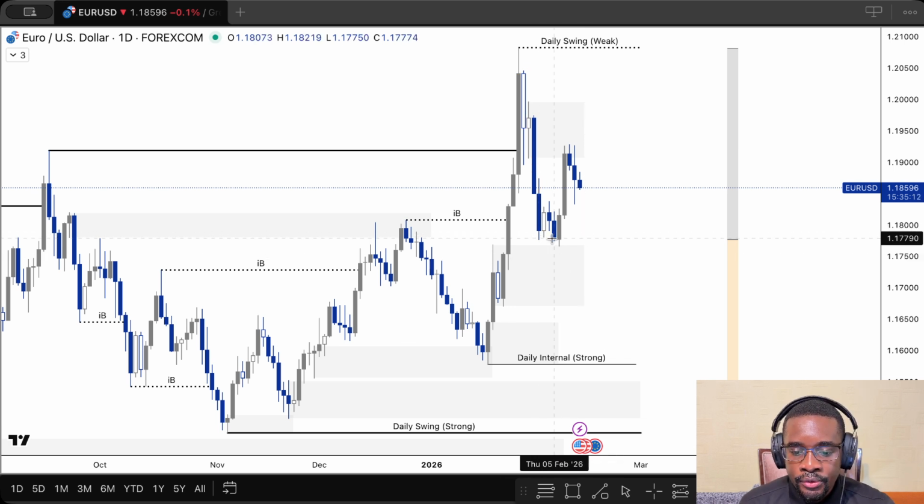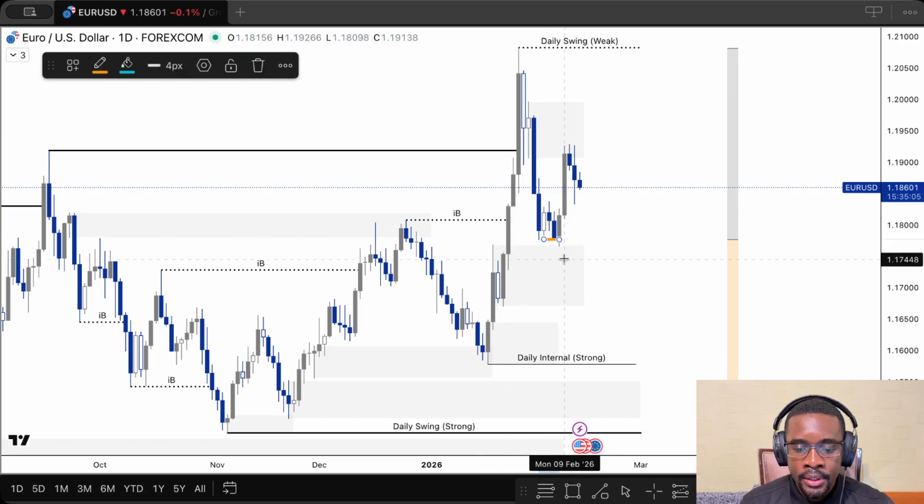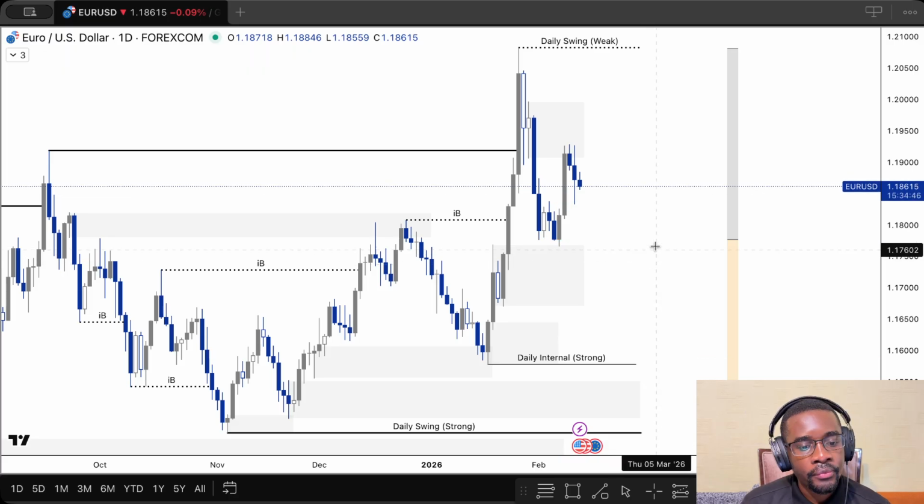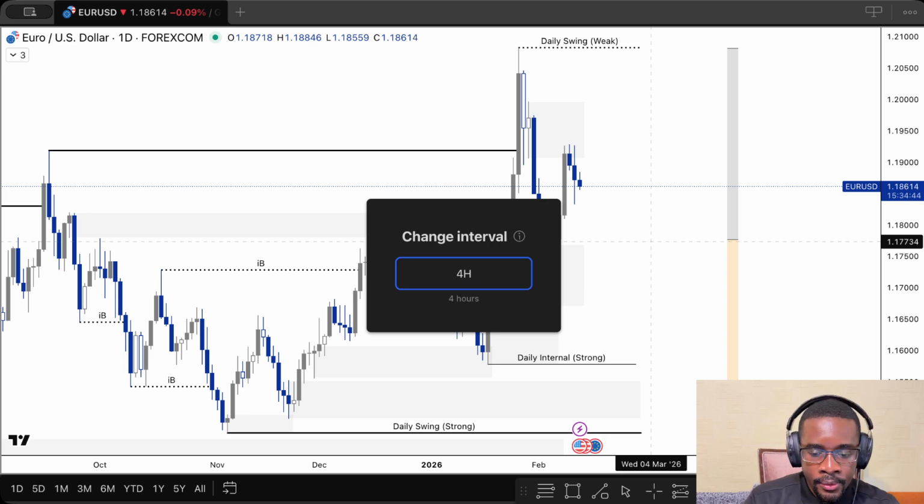In terms of any other demand zones, right there we had a change of character, a continuation of the bearish internal trend, and then right there we had a bullish change of character. So this gives us a new demand area to look at. And then looking at the 4-hour,